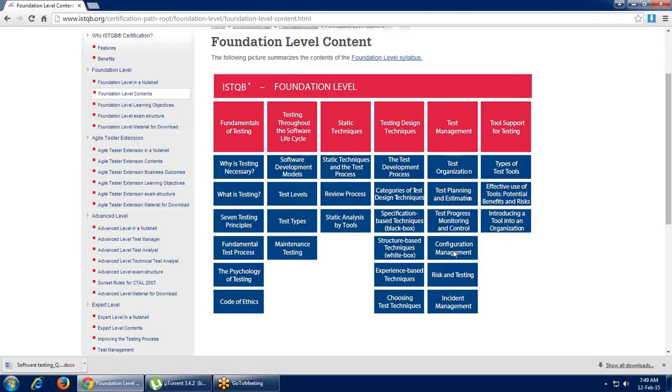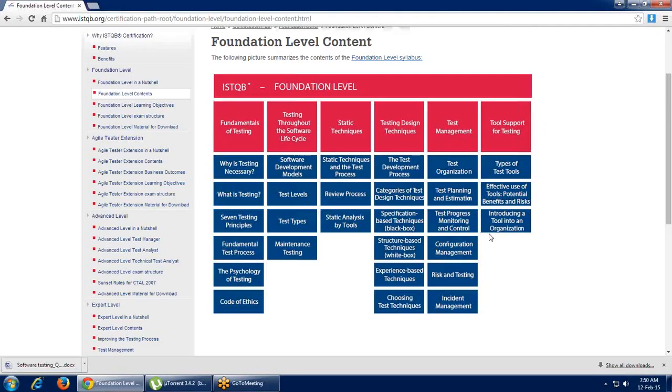Then test management is something which gives you an understanding of how to manage your whole testing process, like how you can plan your testing. If you have to estimate the number of hours of your task, how you can estimate those. After estimating, it is necessary to monitor and control it, because it is not always the case that whatever you have planned will work as per the plan. If at some point, because of a contingency or traffic, you are not able to keep your testing on track, then we can use this approach, test progress monitoring and control.